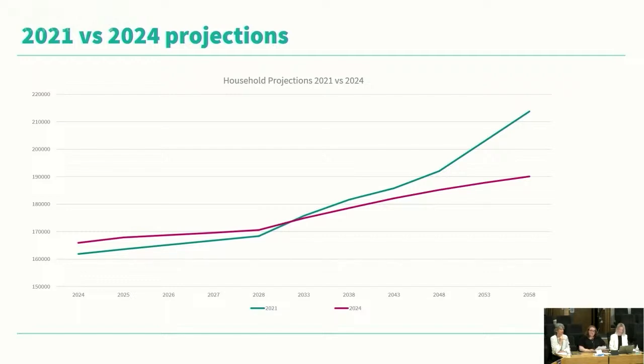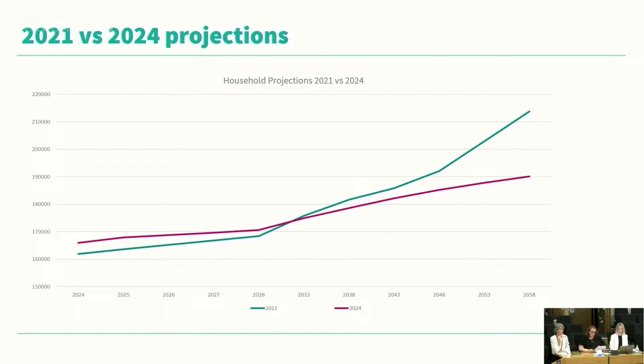The biggest change is in the long-term projections, so the last 20 years that you can see up there, where growth is expected to be slower than previously projected. So it's not that growth that was projected won't happen, it's that it's going to happen at a slower rate. The difference in the long-term projections ranges from 2%, which you can see in that earlier part of the 20 years, to 11%, which you can see at the end of the entire 30-year period up there.